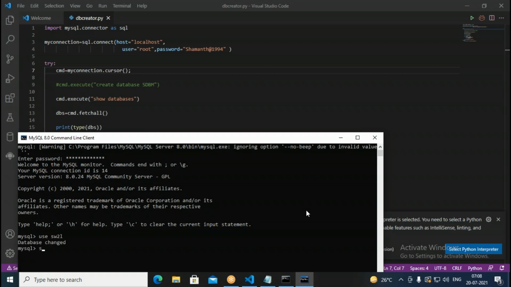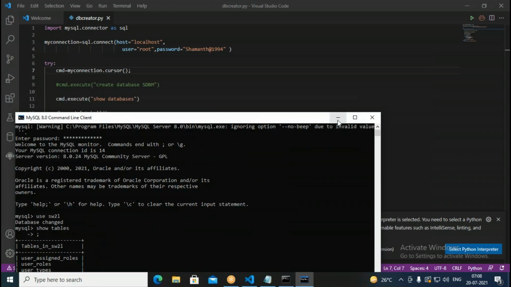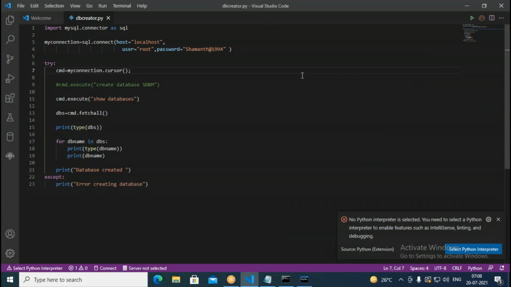Okay, then in this I say show tables. With this, it can show the existing tables, whatever tables are available. Now here also I want to see whatever tables are available in that. Now here, just let me use that command.